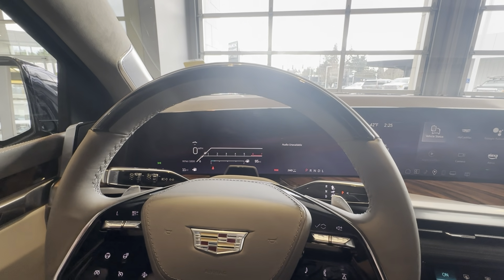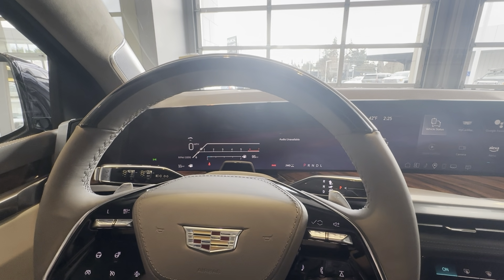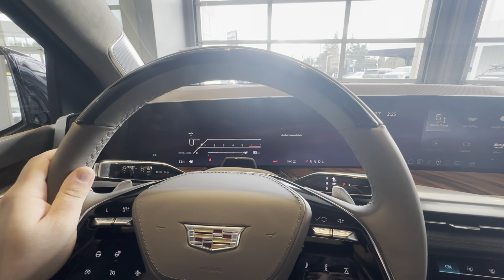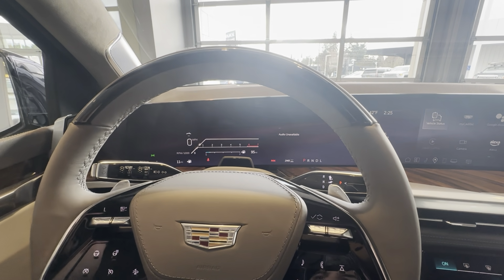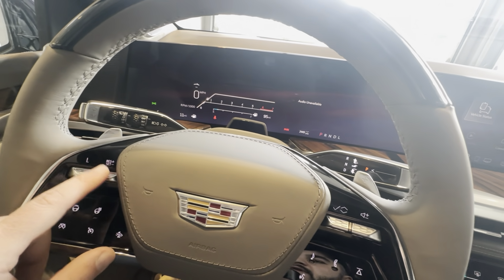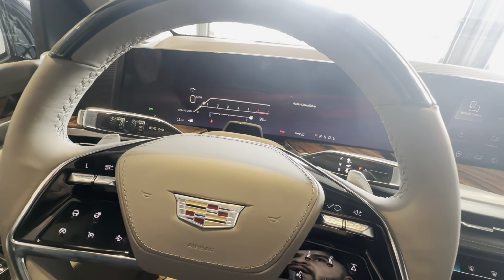Red means Super Cruise is unavailable. Blue means Super Cruise is available by reading and you need to have control. And then green means Super Cruise is fully on. So you've turned on your cruise control, you've set your adaptive cruise control, you're cruising on the highway at 55